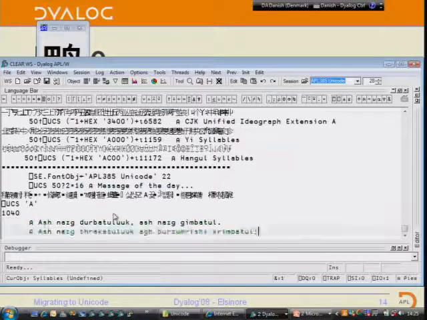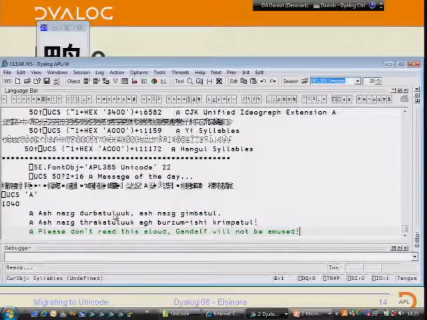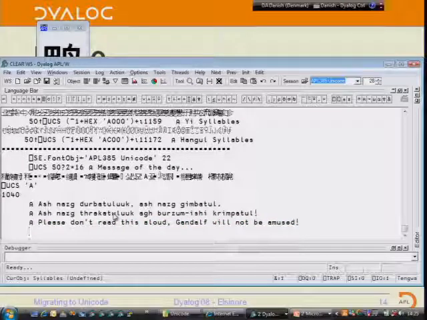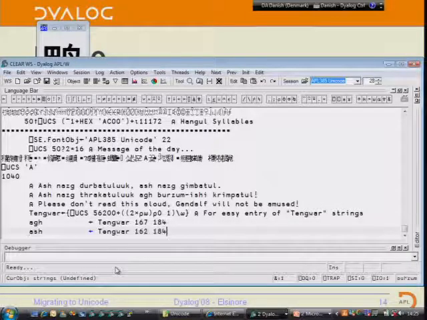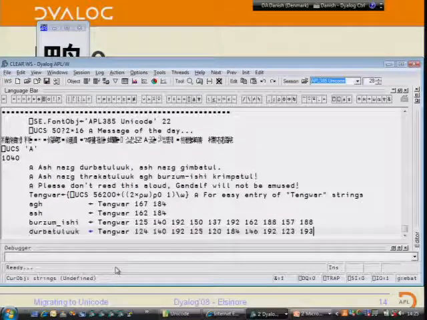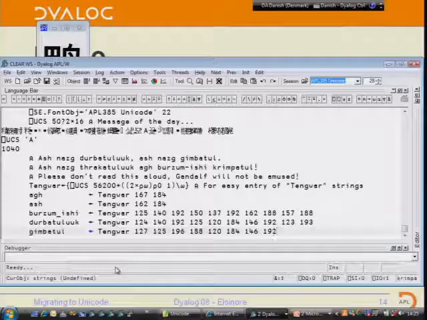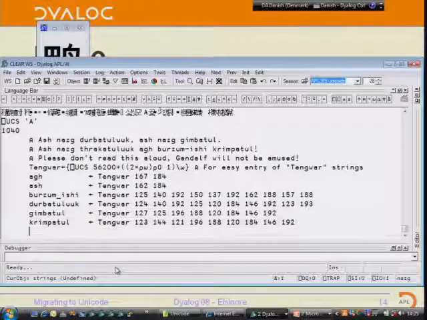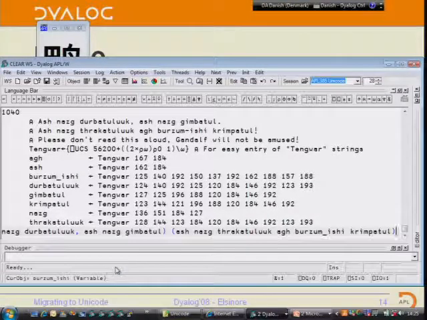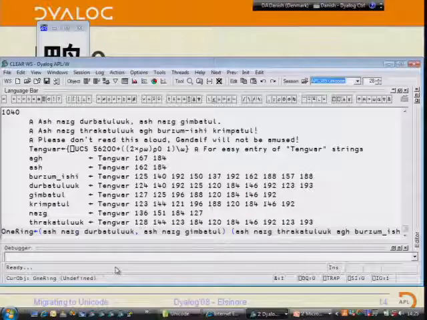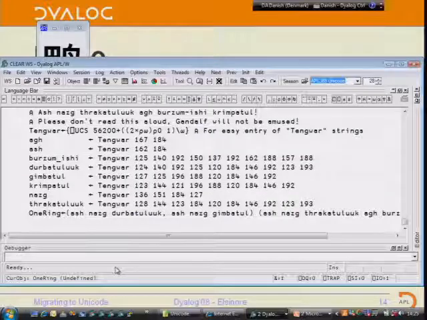Okay. Do you recognize this? Do not read it aloud, or the lights will go out. Okay, so here's a little function I wrote so that I could quickly enter these numbers in the Tengwar Elvish. Here's the poem of the One Ring.